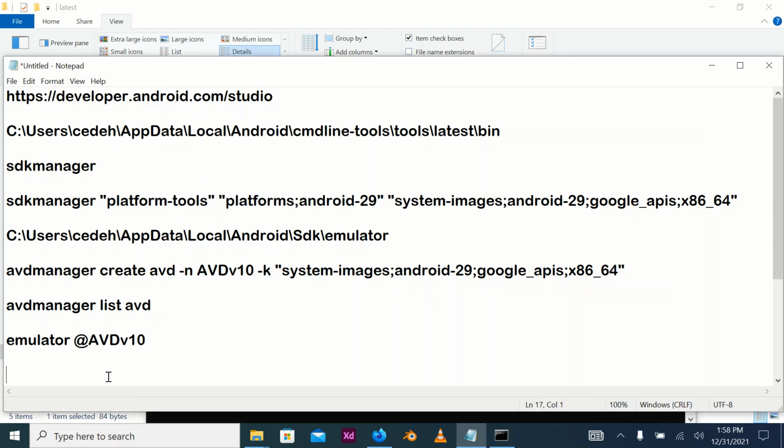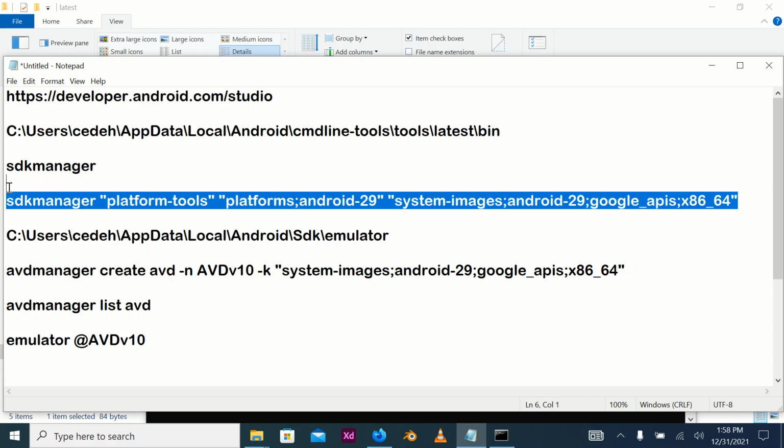Now, the next thing now is to download our platform tools, which we will use to build our emulator. Now, this is the command I will run next. This SDK Manager platform tools, the platform I want to download is Android 29. The latest one should be 30 or 31 if I'm not mistaken, but I'm going to use 29. Then the system image I'm going to download is Android 29 Google APIs, and I'm going to download for both